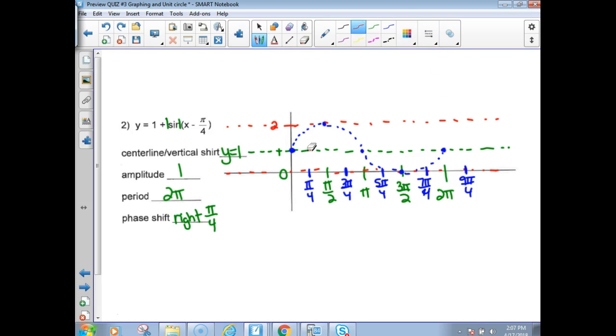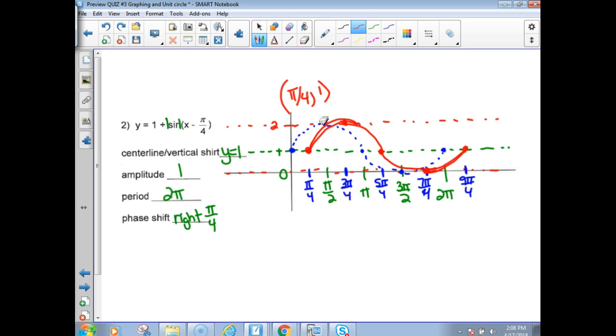So I'm going to go ahead now and start at my center line. Go and shift all of these points over pi over 4. And then this would be, oops, this is your final answer. Okay, except we need now to label those points. This would be pi over 4,